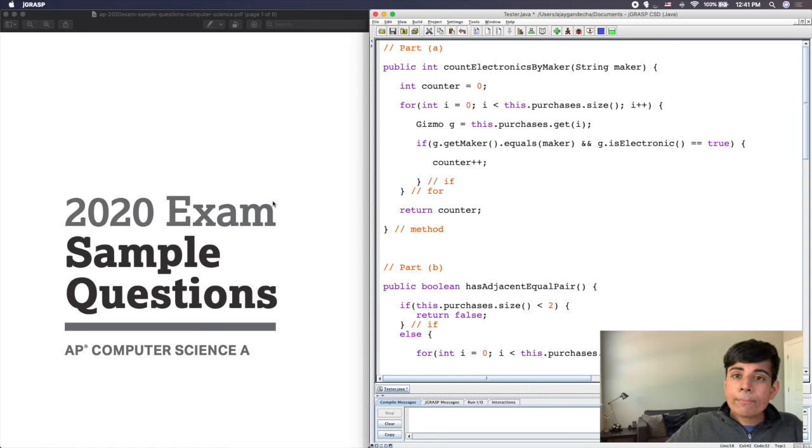And I'll be going over tomorrow question number 2, which is going to be a methods and control structures type